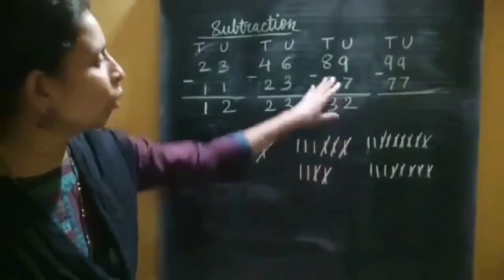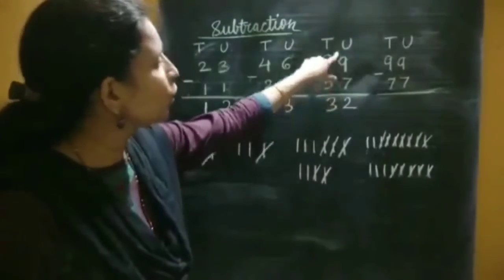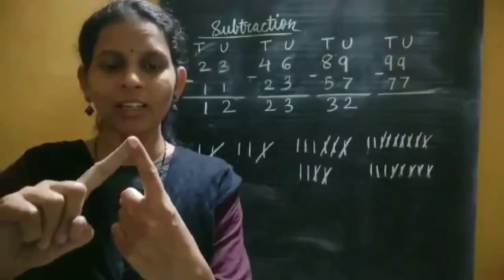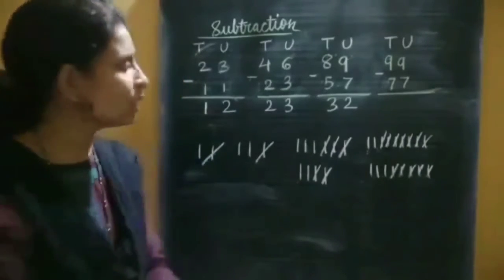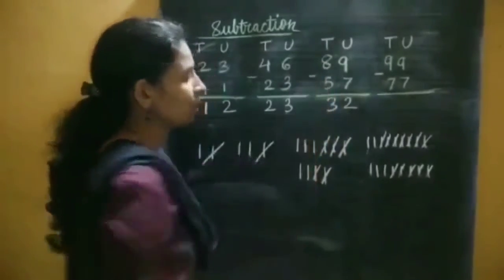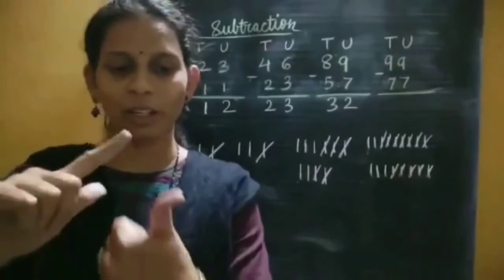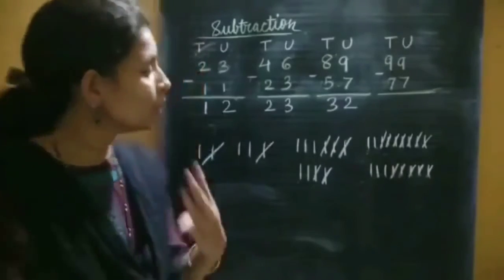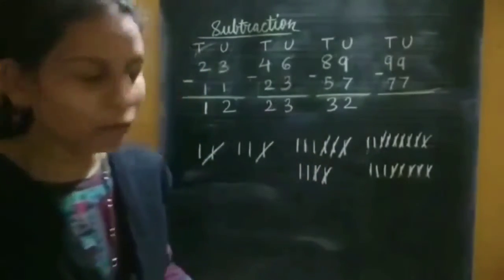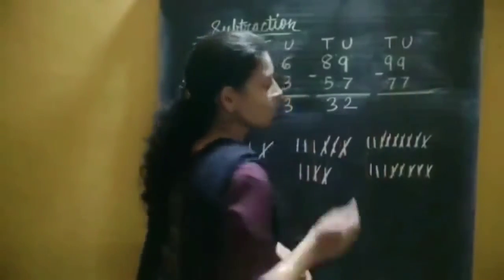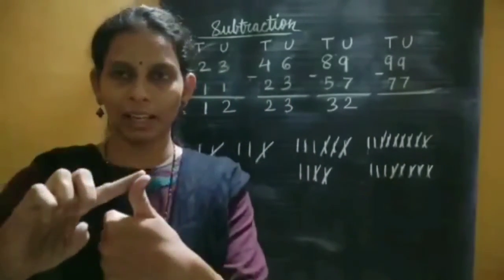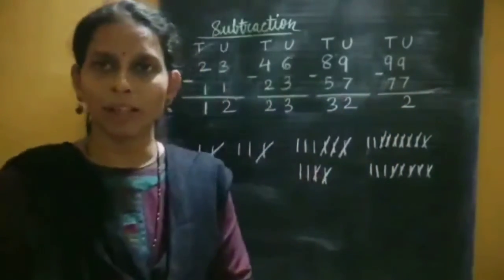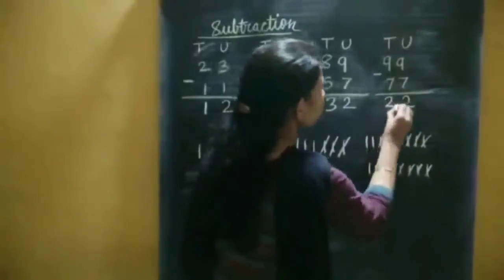So by the other method, how to do 9 minus 7? From 7 to 9 you have to count numbers: from 7, 8 and 9. So the answer is 2. And 8 minus 5: start from 5, then 6, 7 and 8. How many fingers? 3 fingers. Okay. So solve the same way here. 9 minus 7, after 7, 8 and 9. Here also 9 minus 7 is 2.